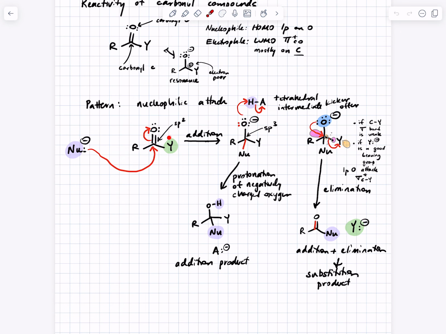And we talked about how the identity of the Y group influences the efficiency of this elimination step and the efficiency of the addition step. So the principle on the elimination step was good leaving groups get eliminated. What's a good leaving group? Well, good leaving groups are conjugate bases of strong acids, and we talked about that, and we ranked leaving groups,